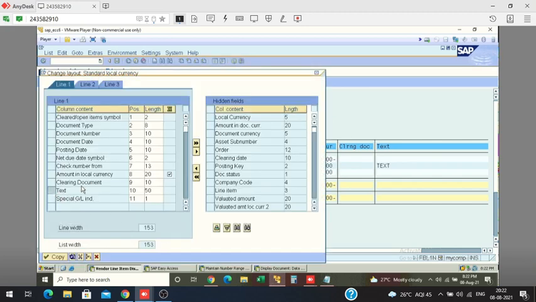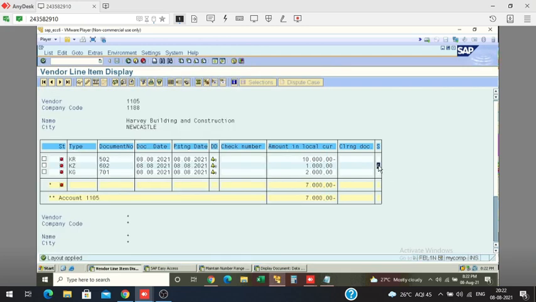Removing the text. Okay, see, my special GL A is coming. So now your liability and asset are available, but I don't want this A special GL. I want to remove this special GL.